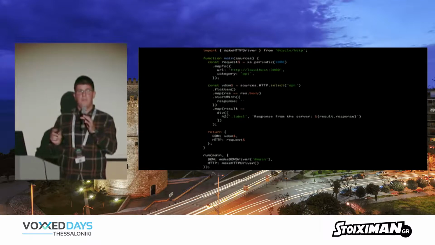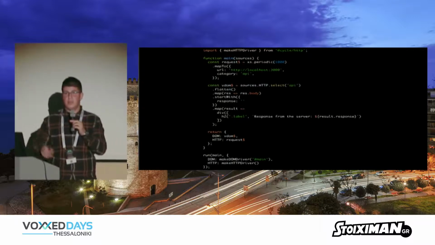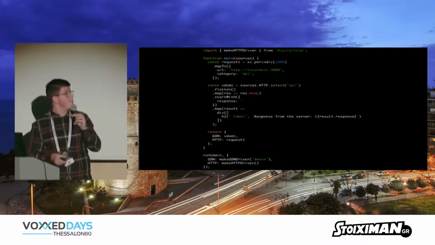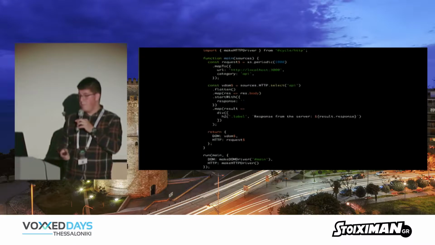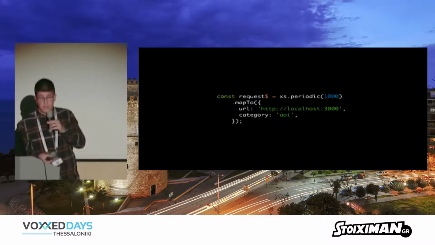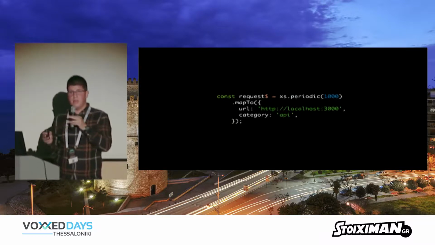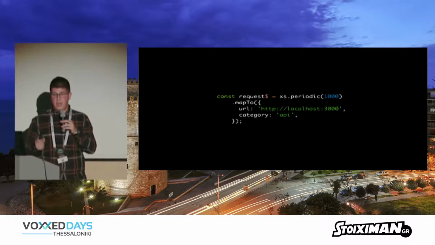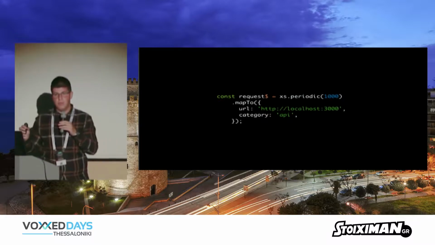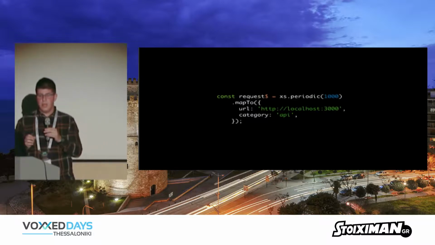So we make the HTTP driver that's listening for all HTTP requests, putting that inside our main function, but also getting the requests back from the main app. So this is how it looks. If you go step by step, first we make the request stream using the xstream periodic function. Here we say make a new buffer every second inside our stream, and map that buffer to the object with the URL and the category